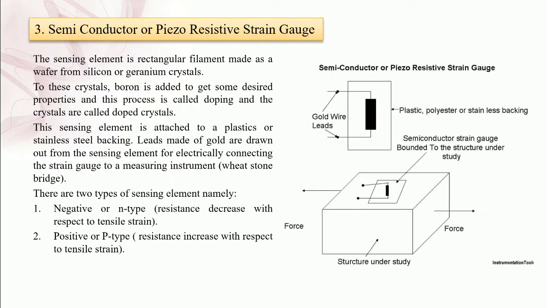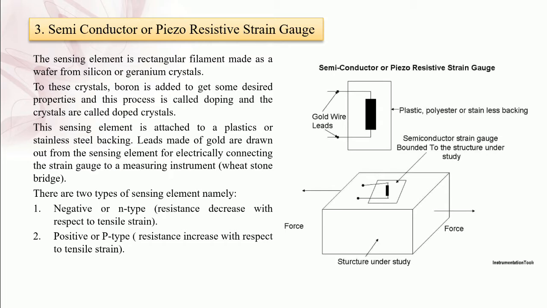The main advantages of this type of semiconductor strain gauge are, first of all, a high gauge factor. Then excellent hysteresis characteristics is a very important thing for this type of gauge. Its fatigue life is in excess of around 10 to the power 10 into 10 to the power 5 operations, and frequency response is up to 10 to the power 12 Hz. This gauge can also be very small, ranging in length from 0.7 to 7 mm.